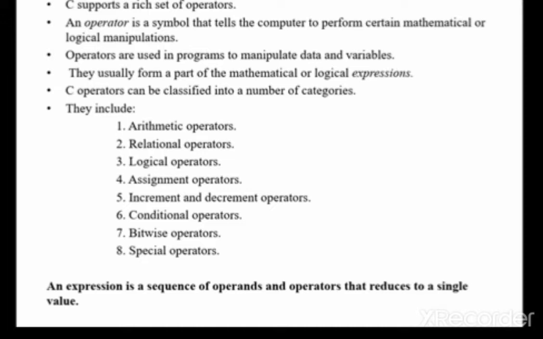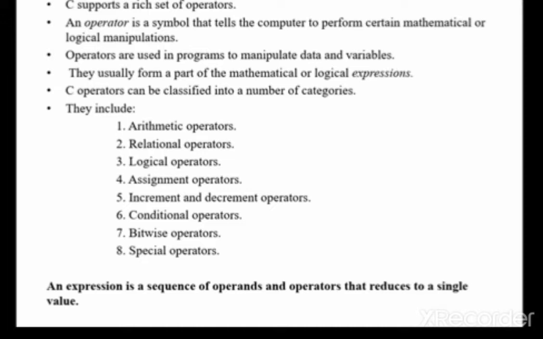What are the operators available in C? Arithmetic operators, relational operators, logical operators, assignment operators, increment and decrement operators, conditional operators, bitwise operators, and special operators.